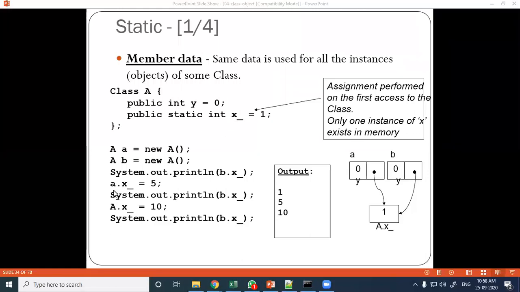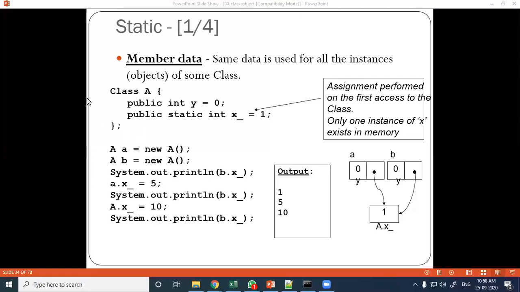Then through object a I am modifying it to 5. Now when you print b dot x again, it will print 5. Even if it is modified by a, you can access it through b, as well as through the class name. Here capital A dot x underscore is class name dot static member name.